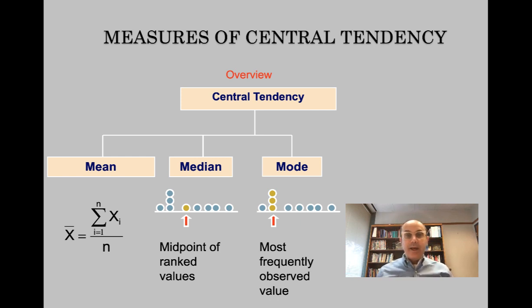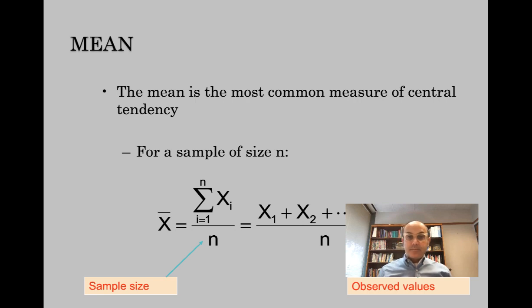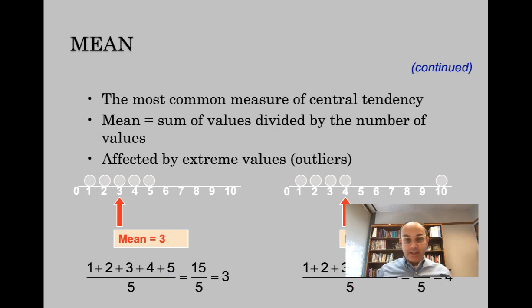So let's begin. Central tendency usually refers to the mean, median, and mode. And the mean is the most common measurement of central tendency. Usually we have a sample size, we have the observed values, and this is how we calculate it. The issue with the mean is that it is affected by extreme values or outliers, which is something really important to